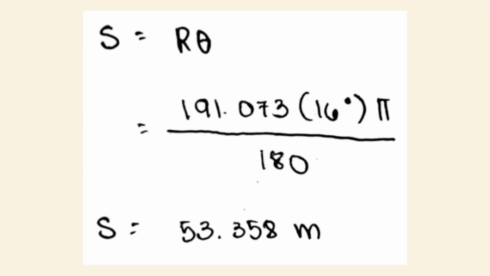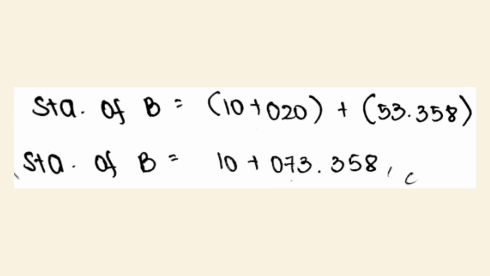So S is equal to 53.358 meters. Finally, the stationing of B is equal to the station of PC plus S. It is equal to 10 and 020 plus 53.358, resulting to our stationing of B 10 plus